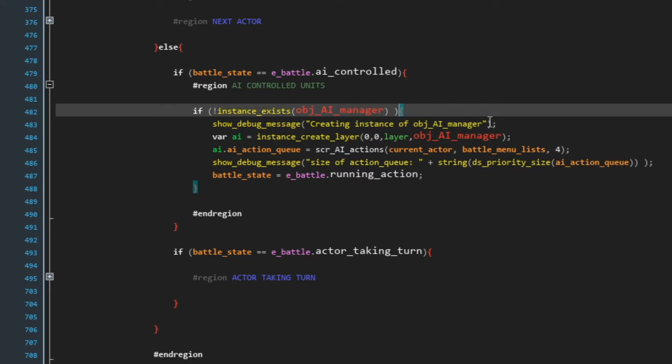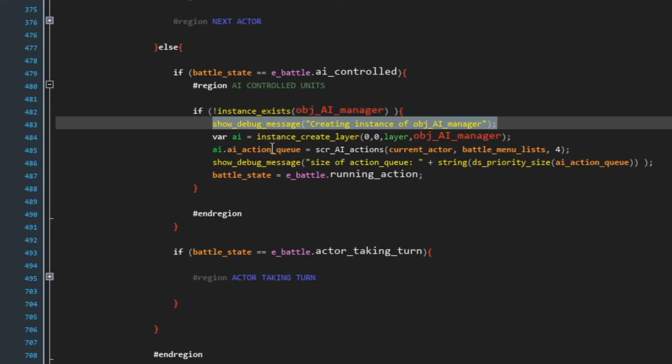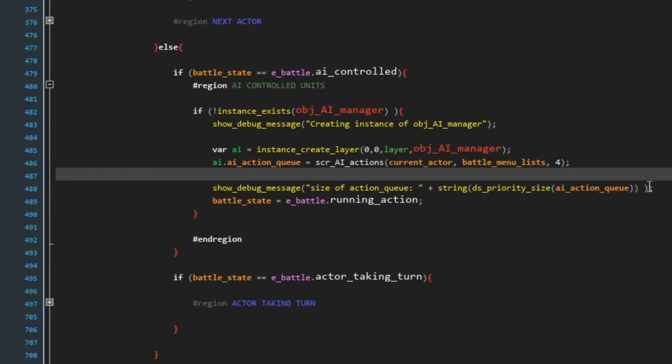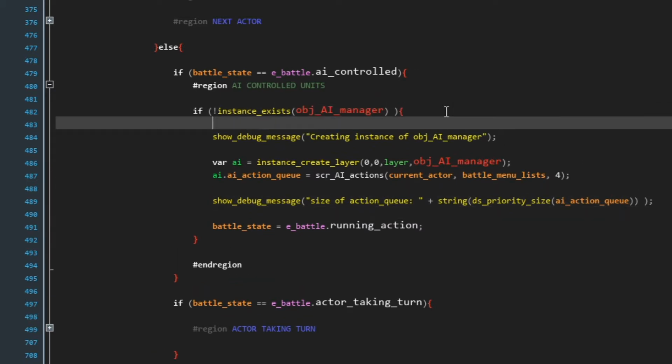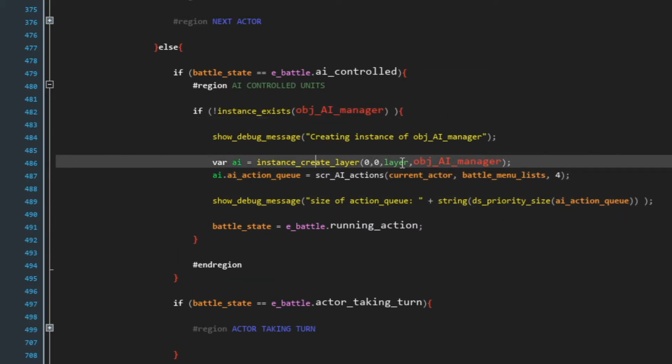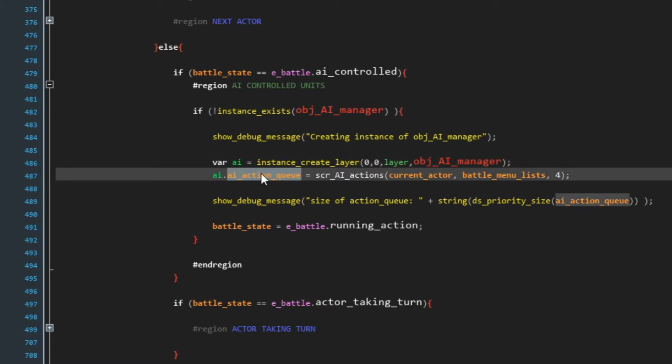If it doesn't, we want to let ourselves know we're making an instance of the manager. You don't have to have these debugs, but let me just space them out so it's more readable. So create the AI manager. Tell the AI manager that its queue is going to be based on what this new script returns. The new script is